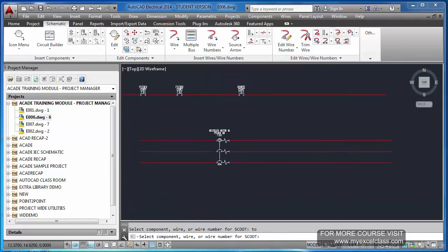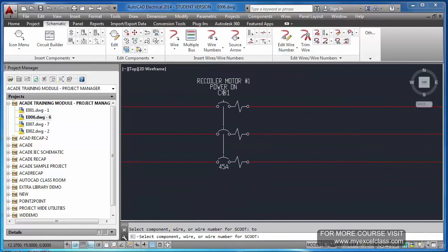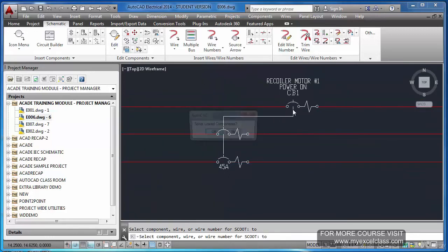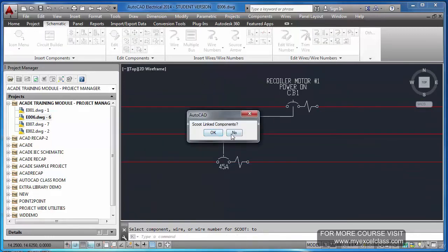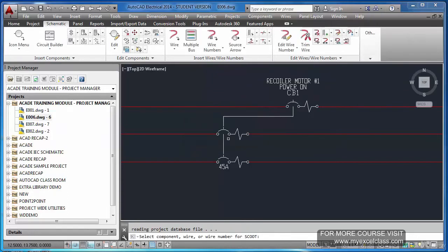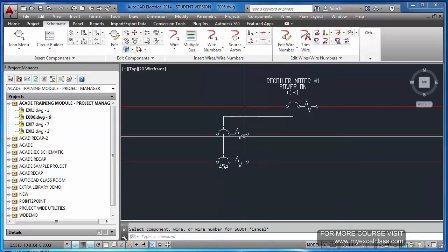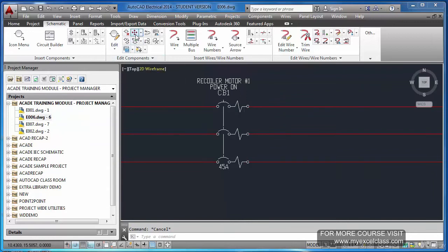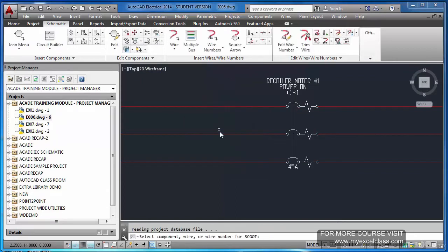But this case is different. Here, if you press no, what will happen? See, it will be like this. The link line will be there, but the remaining two poles will remain there only. It won't get changed. So if you want to move such components, scoot, okay.